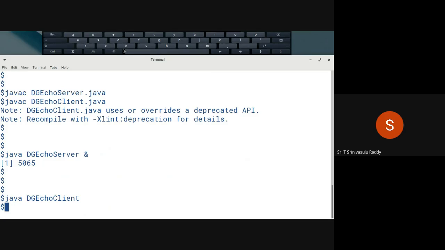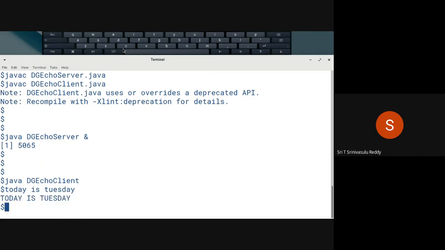For the time being, we have to give the data, no issue. So what is to be given right now? Today is Tuesday. So it is saying Today is Tuesday, sent and converted back. So you send next class.